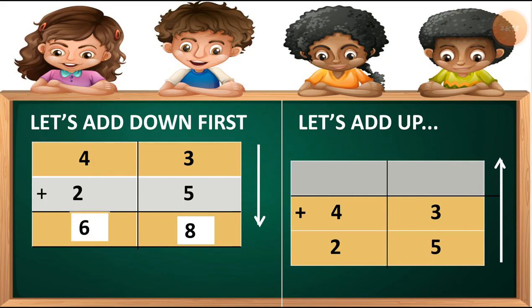So in this, let's check the addition. Our answer is right or wrong by adding up. So let's add up with the ones column. Here is 3 and 5, but we take 5 first. So 5 plus 3 is equal to 8. So I write number 8 here, and let's move to the tens column. Here is the tens column 2 and 4, but we take 2 first. 2 plus 4 is equal to 6. You can check this. We get the same answer at both the sides. So our addition is right.